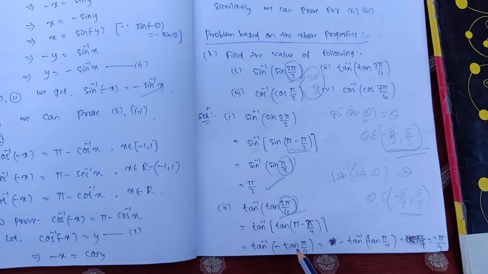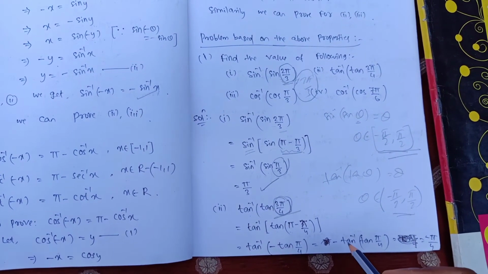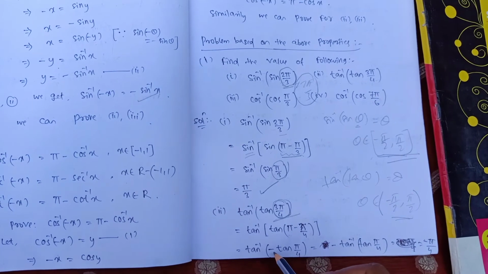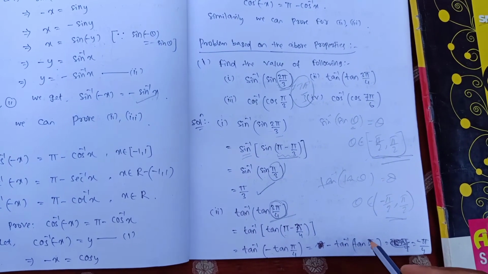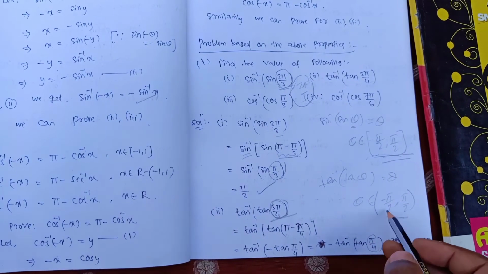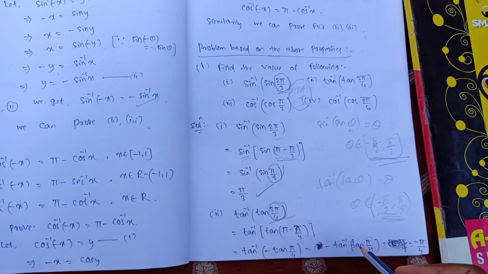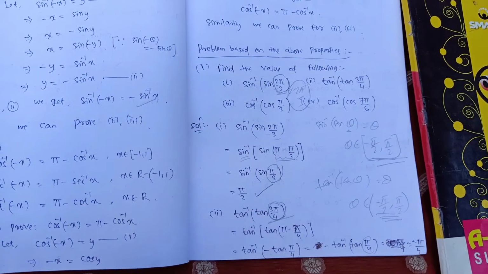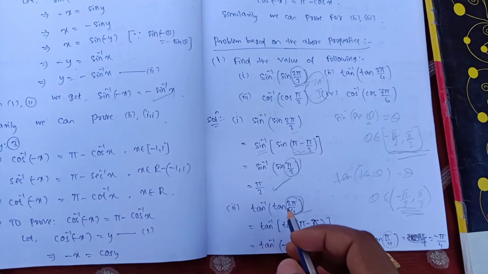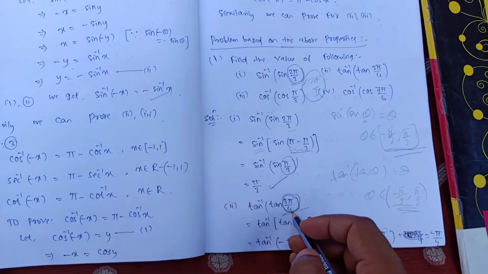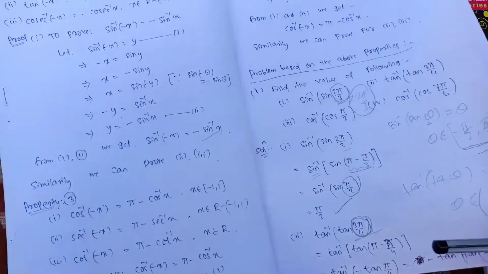So what we get? Tan inverse of minus theta is equal to minus tan inverse of theta. What is theta here? Here theta is pi by 4. Now this theta belongs to this interval. That's why here tan inverse and tan can be cancelled out. So what do we get? We get minus pi by 4. So before you cancel, you have to think about whether the angle belongs to the interval or not. Now come to the next problem.